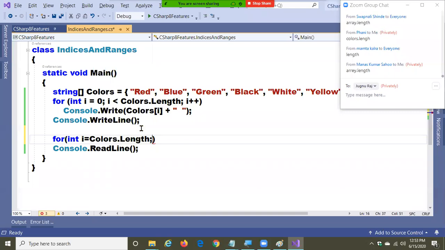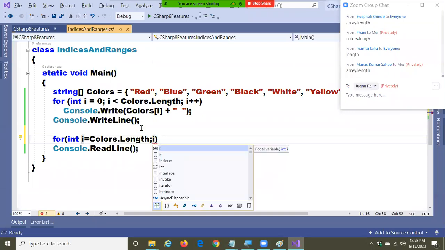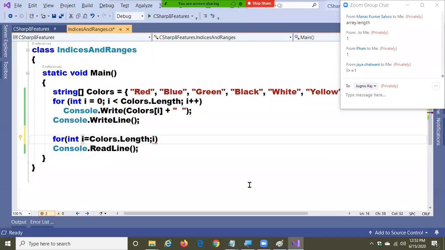Now tell me, you want to run the loop up to what condition? Up to 1, which means when i greater than 0. Will this work? i greater than or equal to 1 is also right, and i greater than 0 is also fine. Next, i plus plus.